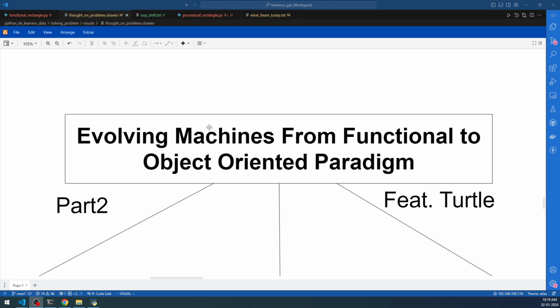We also saw how we can get the data back from those objects, which is not possible when you're using functional programming. So with all these things, I suppose that you have got an overview of multiple paradigms: the procedural, the functional, as well as the object oriented paradigm. I believe that you have to practice a lot to get the hang of all these paradigms that I have spoken about. So get comfortable with turtle and start working with the various methods that we have introduced in this video